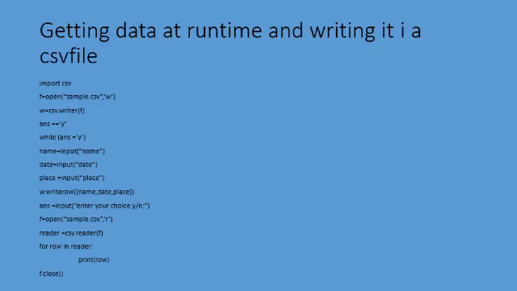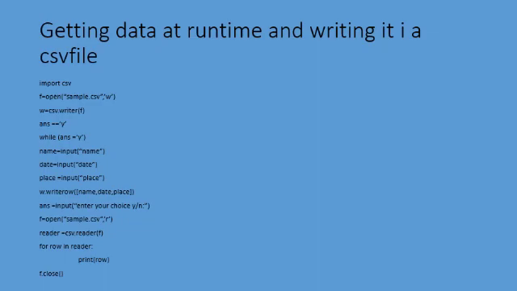Next, f.close, and then f is equal to open sample.csv comma read mode. Until now you were writing the data using writer; next you are going to read using reader. Up to this we have completed write mode. After, when your choice is no, it comes out. At that time we are going to read using read mode. So f is equal to open sample.csv comma r, in read mode.